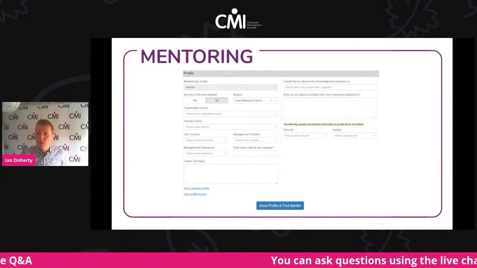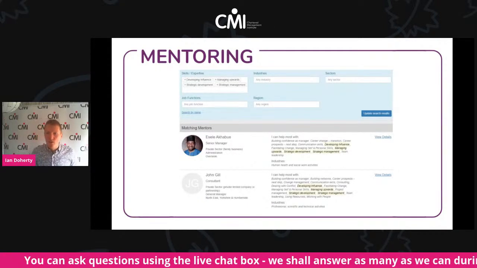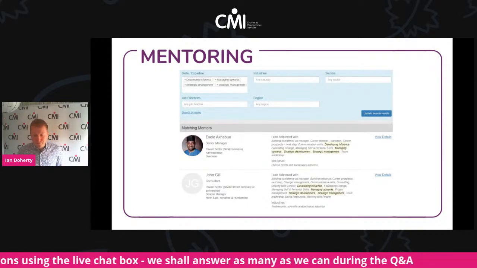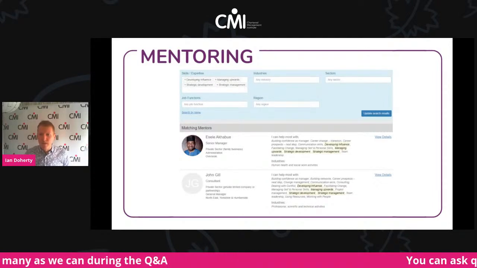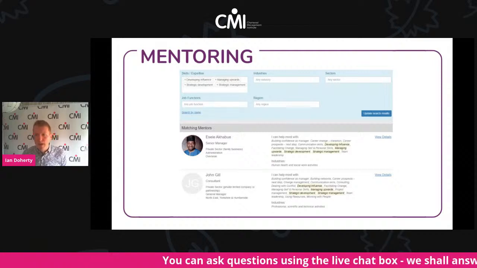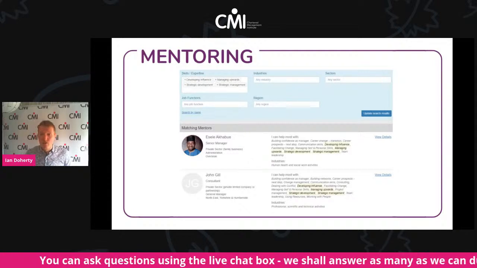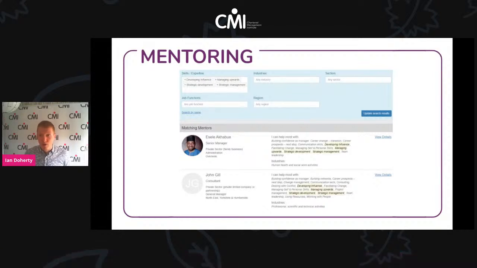Once you've started to build your profile and put in all the information, the next stage it takes you to is viewing your matches. When you've populated all that information, there's some wizardry that goes on behind the scenes, and you get taken to a screen which looks something similar to the one you're looking at now. It produces a list of all the people that match the search criteria you've put in, and you can amend this search criteria using the option bar at the top to filter your results down further.